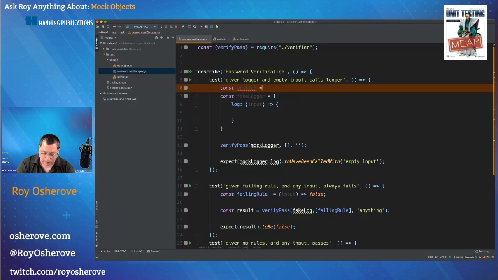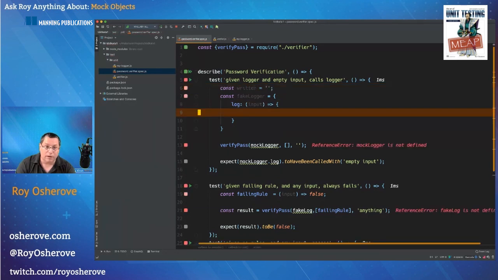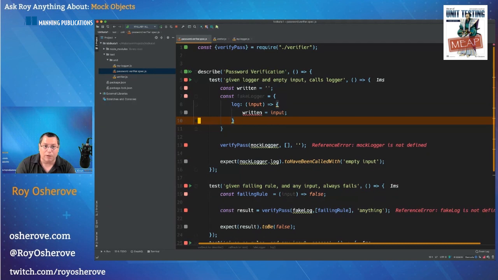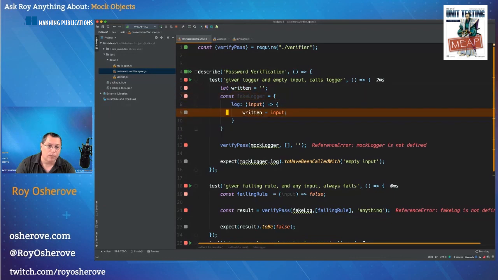const written equals an empty string, and then in the log, I'll say written is the input, which is basically what we did before, right? Oh, it has to be let. Same issue as before. And then how would I expect?